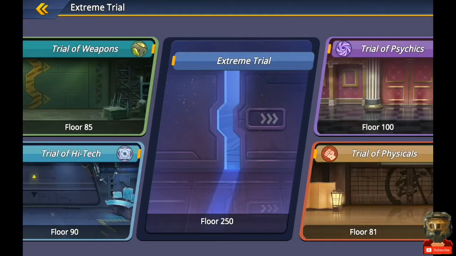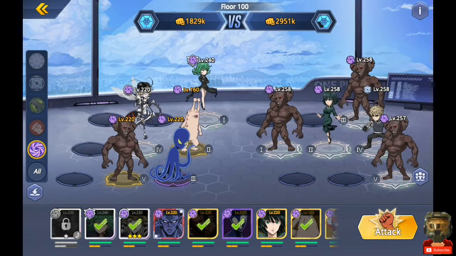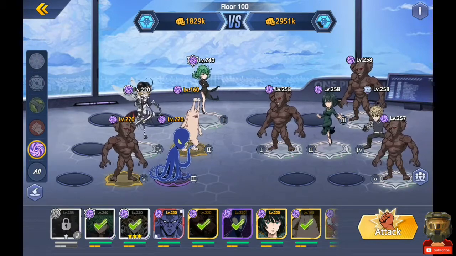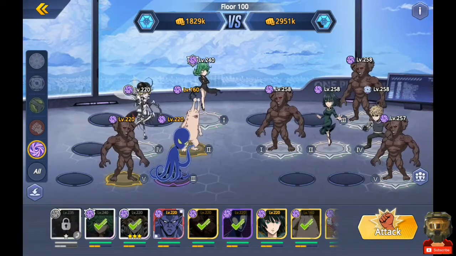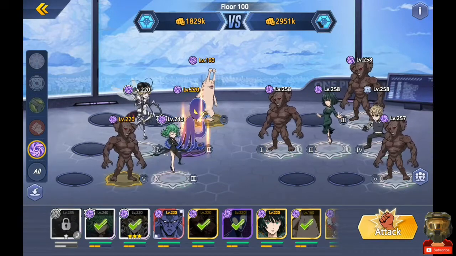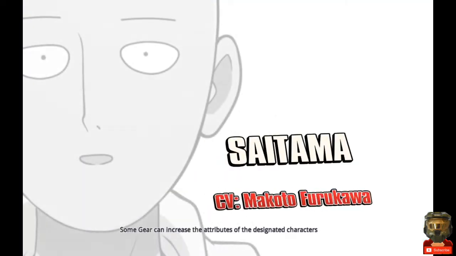Okay, so we're going to go over Psychics. Again, Psychics is one I'm stuck on. I've tried to use different methods and different techniques. My method with this currently is trying to get the boost. Trying to get the boost from Pink Guy. Trying to get the boost from the Tentacle Guy. And then trying to get the boost from...